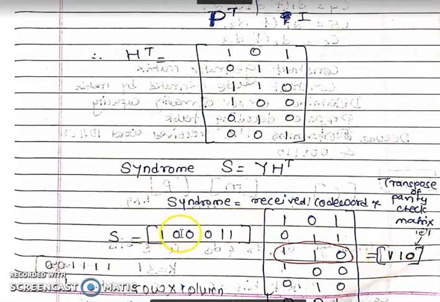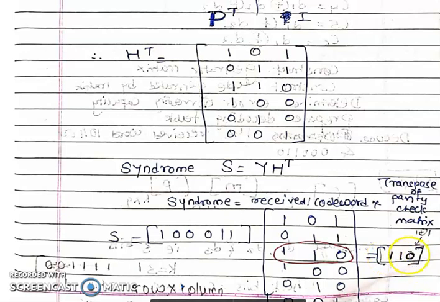Similarly, multiply this row with the second column. Wherever it is 1, here it is 0, so the multiplication will be 0. Again, when you multiply the next 3 bits of 0, it will be 0. Again, when you multiply the 1 with the last 1 0, the final answer will be 1. So in S, the second bit will be 1. Similarly, we do this process again, multiplying this row with the third column. When you multiply bitwise, the answer will become 0. So the final answer for S that I am getting is 1 1 0.